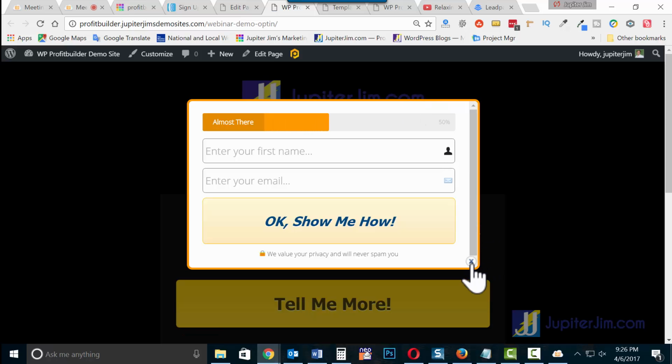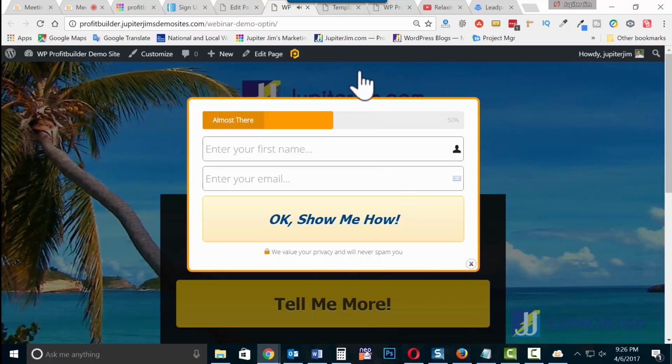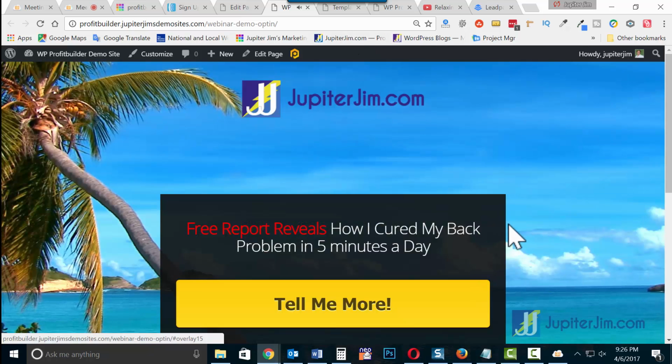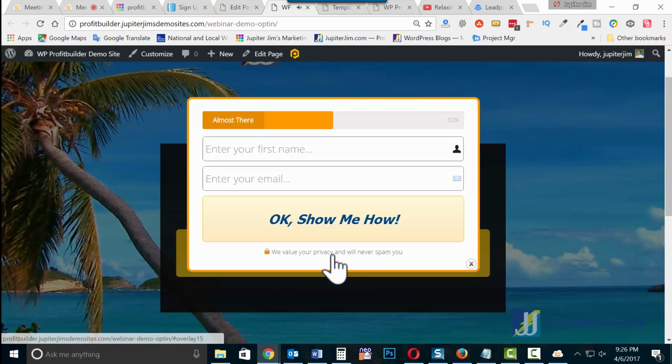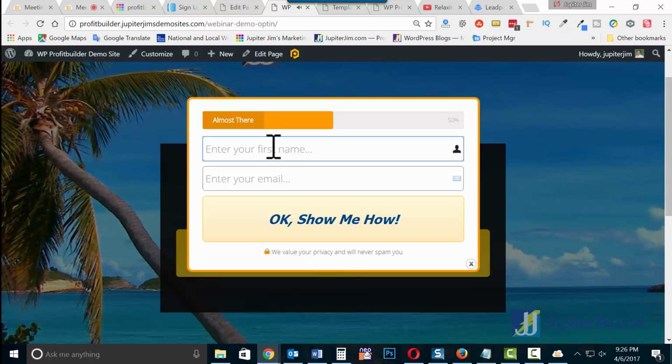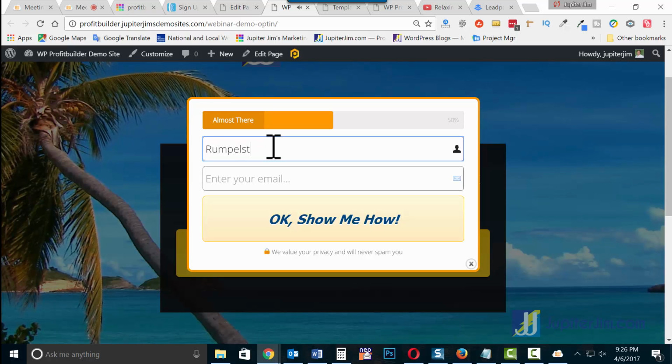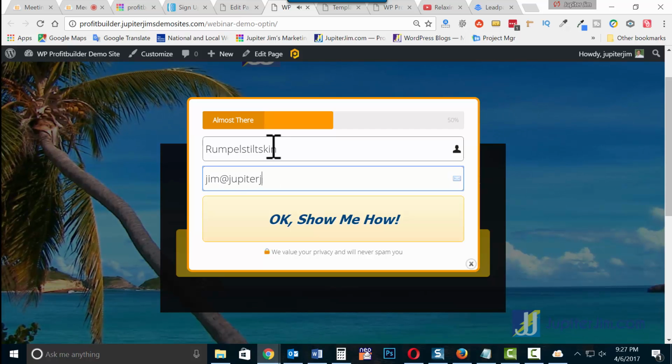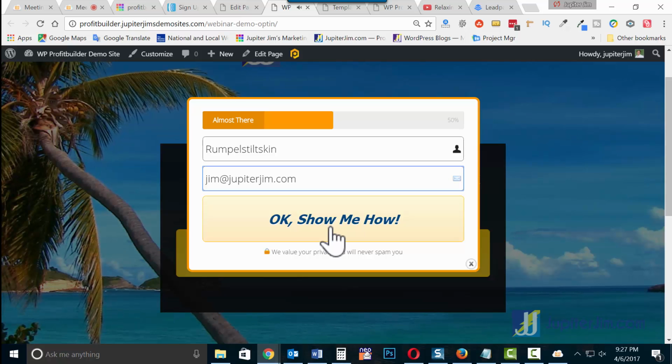So that popped up automatically because when you move the mouse off, that's exit intent, it pops up automatically. Or you can go here, just actually click on that. So I'm just going to put in my name. Email, I'm going to put in a good email. You don't have to. Test it out. Okay, now I'm going to click here,